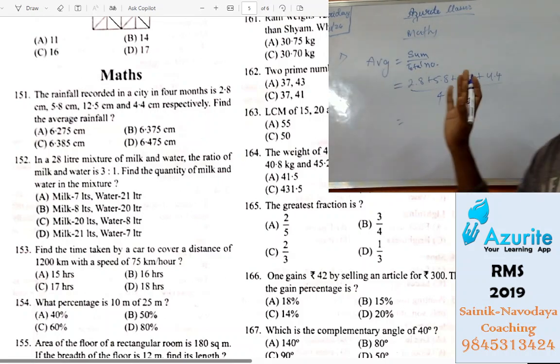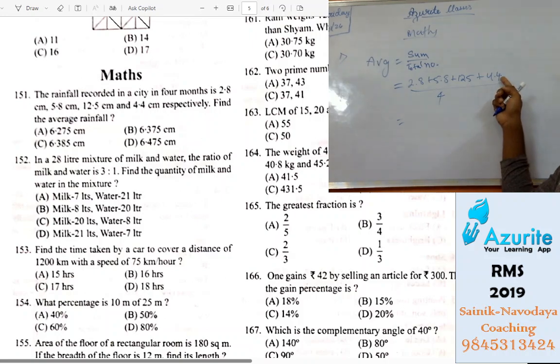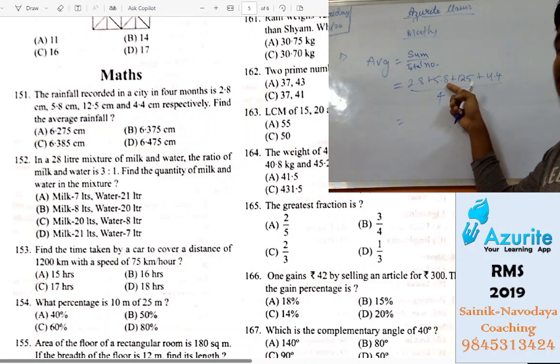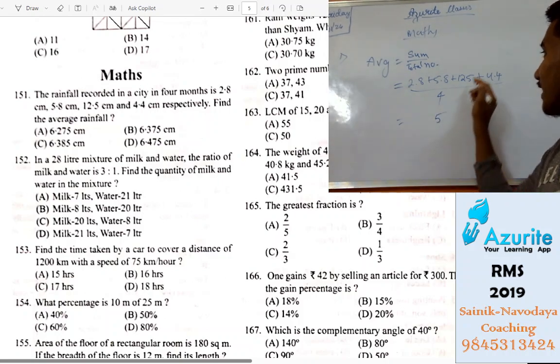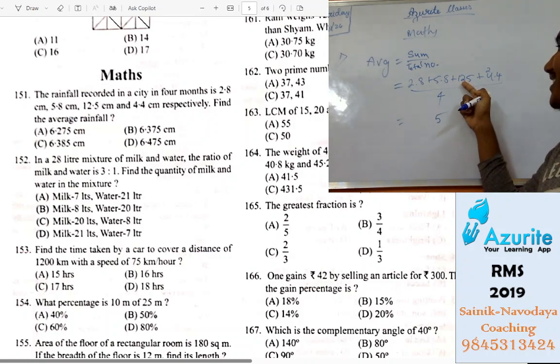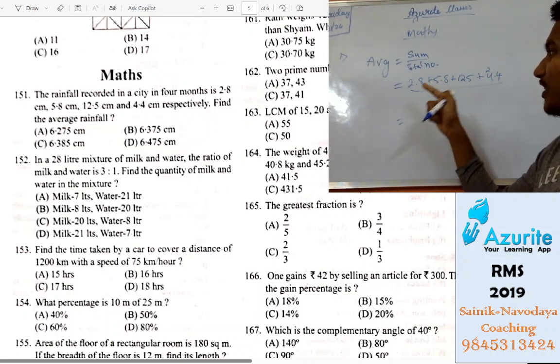So we find the average. First question, average is sum divided by total, and then add it now. So 4 plus 5 is how much? 9. 9 plus 8 is 17. 17 plus 8, 25. Carry 2. So here 4 plus 2, 6. 6 plus 12 is 18. 18 plus 5 is 23. 23 plus 2,